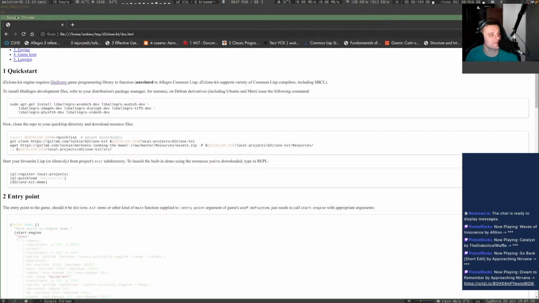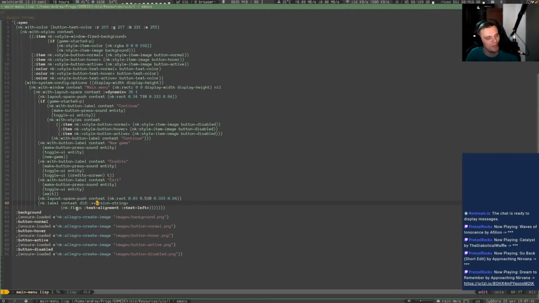Okay, so let's think, what can we do here? We want a version string, but we only want it in the game, but then there should be some way to get it from the game to the engine, so the engine could pick that up, right? So how can I do that? Well,